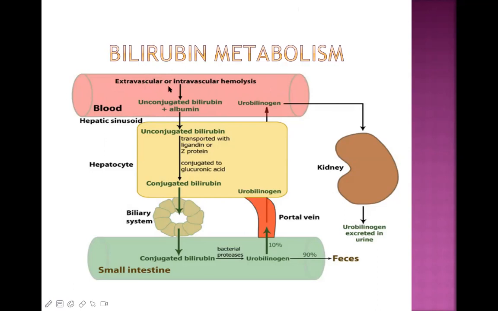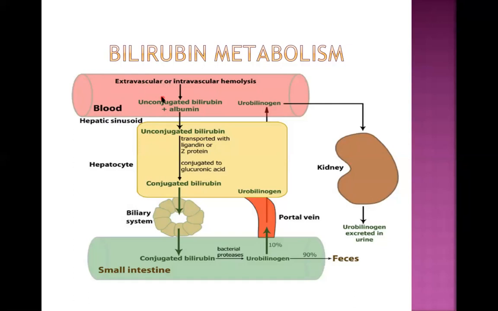Now, RBC has a life cycle of 120 days. After that, they will be degraded or destroyed inside the spleen. We already know that point. But sometimes, in case of hemolysis or hemolytic anemia, they get destroyed earlier. That can happen inside the blood vessel, which is intravascular, or outside the blood vessel, which is extravascular. That means in the spleen. If it occurs in the spleen, it is called extravascular.